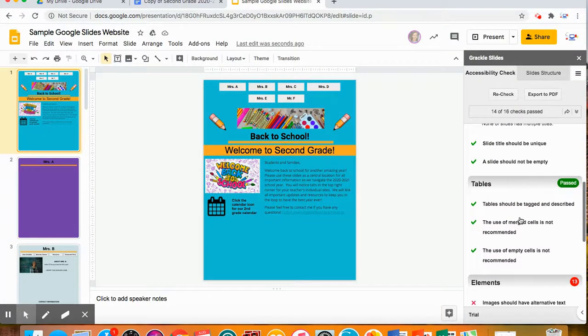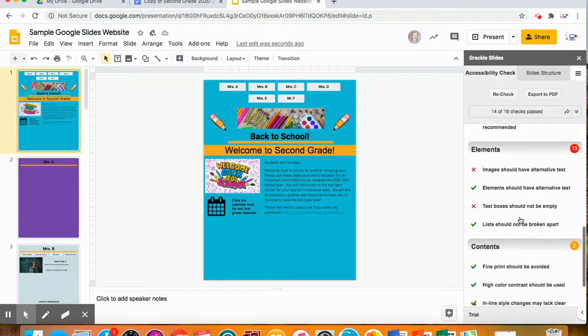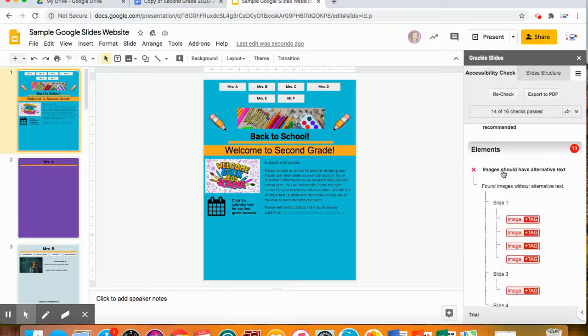I'll also see that I don't have any tables, and that is passed, so I'm good there. This part is extra important. So where it says images should have alternative text, I'm going to click on that, and just for this purpose, I'm only going to work with slide 1, but it will show me exactly which images need alternative text. And what this does is allow screen readers to read out a description of the image. So I'm going to click here,